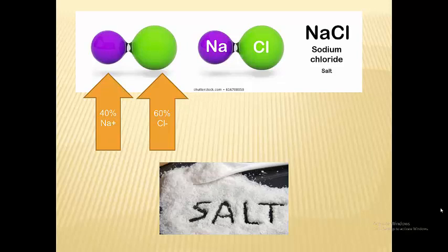So, you can see here that the compound, two minerals stuck together called sodium chloride, is only 40% sodium. It's not even that much. So the thing you call salt on the table or in the kitchen is a compound of two minerals, the lesser of which is sodium. So think about it again logically. The less sodium in all of the ingredients, the more room there is to add a little bit of salt at the end for flavor. This is for cooking, for chefs, and this is for people looking out for their health.